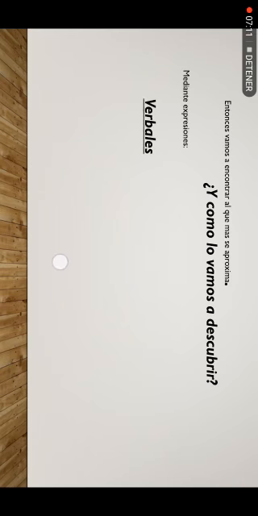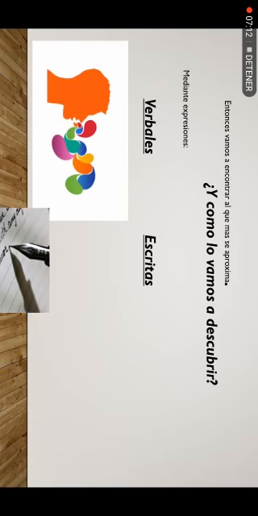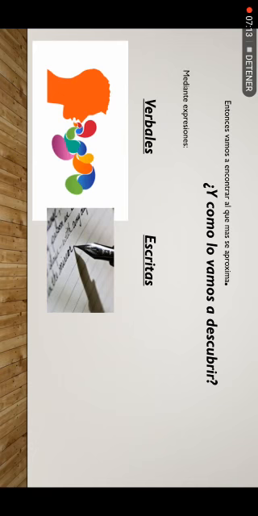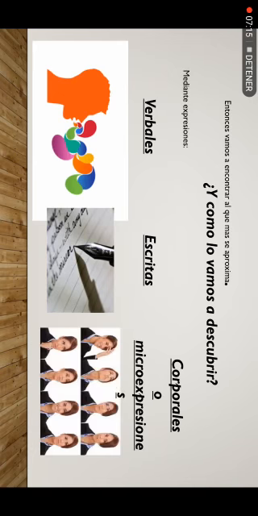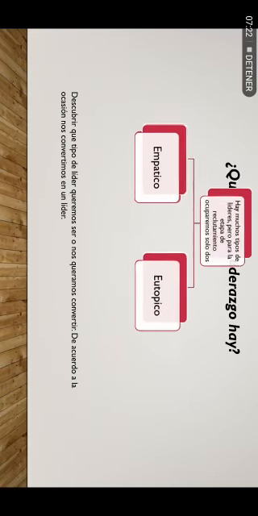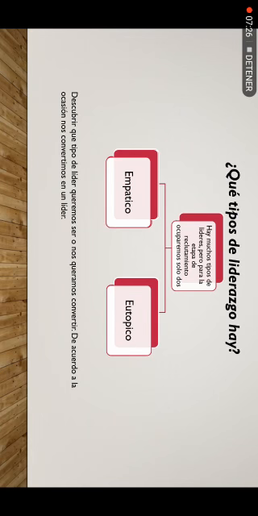What types of leaderships are there? There are many types of leaders, but for the selection stage, we will use two: empathic and autocratic. We have to discover what kind of leader we want to be or want to become. According to the saying, to become a leader, the enemies of man are: